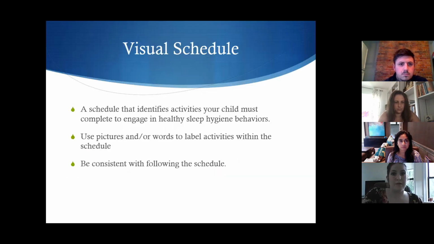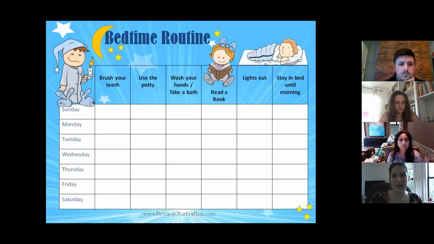So visual schedules, it is essentially what it sounds like, a schedule that identifies activities that can help your child engage in healthy sleep hygiene behaviors. Usually with pictures, sometimes just words, sometimes pictures and words. Here's an example of a bedtime routine visual schedule, and it's also almost like a tracking chart, so you can look back at the whole week and see how many days your child actually went to bed, stayed in bed until morning